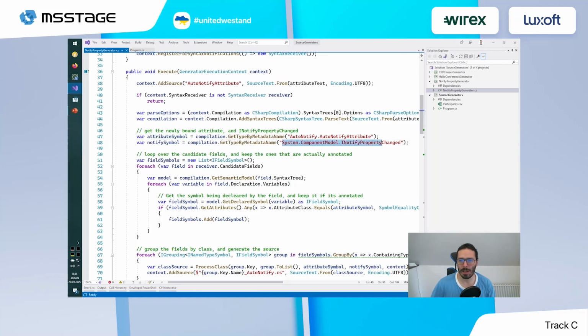Then I have another reference to the interface, and it's the INotifyPropertyChanged from System.ComponentModel. As you can probably guess, this AutoNotify attribute, the notify property generator, is automatically generating the INotifyPropertyChanged interface for all your fields. Then I will check all my candidate fields,